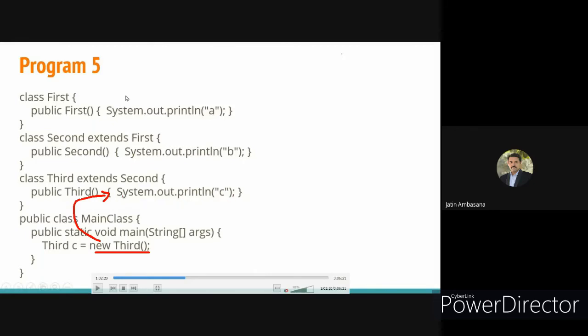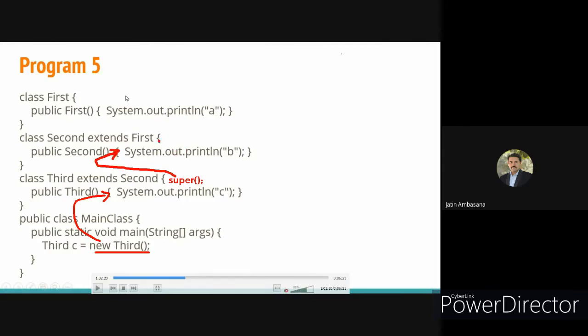But before doing that, there is a small code inserted by the compiler over here, and that code is super. By default, this code is always inserted by the compiler unless and until you specifically insert it. If you insert it, then it won't be inserted. So now from here it will automatically call the superclass constructor. Who is the superclass of Third? Second. So the direct superclass constructor is called, and the control enters over here.